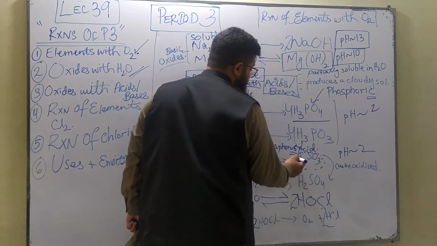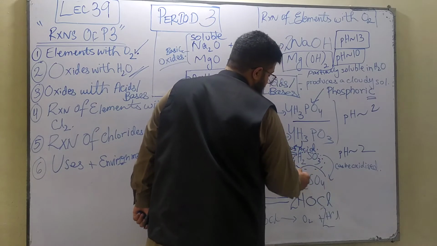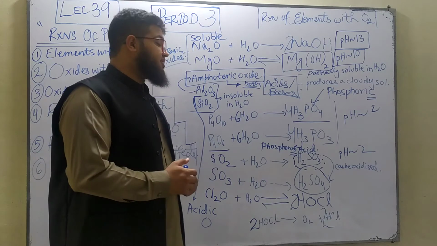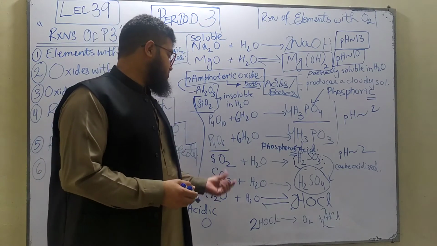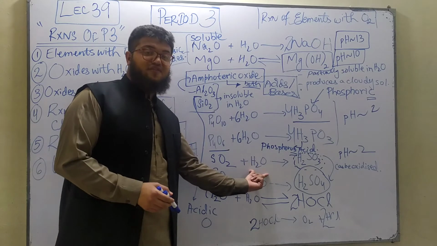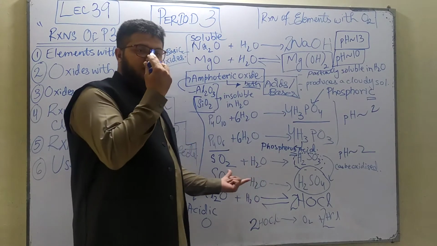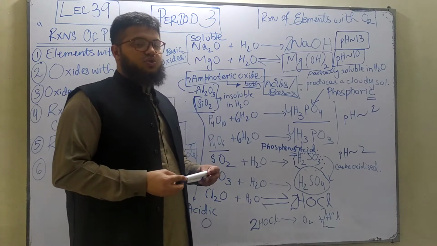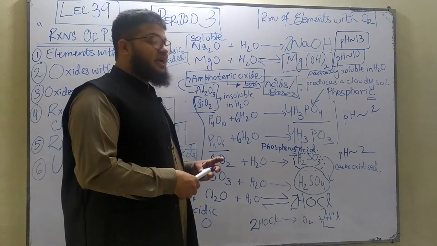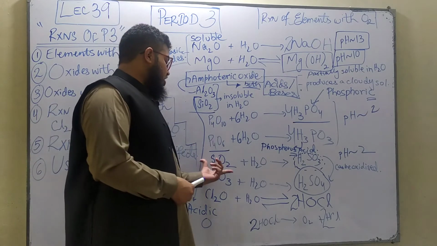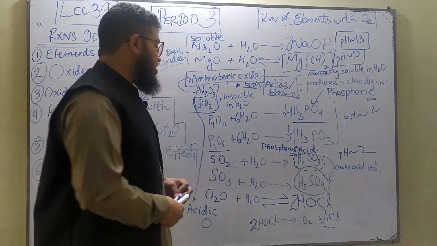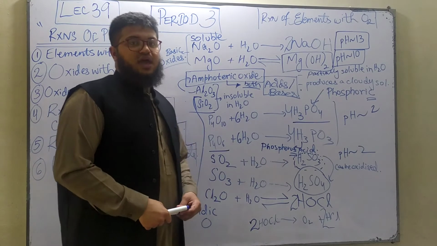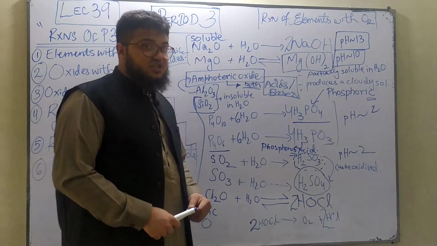The sulfurous acid which is produced can be further oxidized to sulfuric acid as well. This is quite a common reaction that occurs in the atmosphere. The sulfurous acid is produced when sulfur dioxide dissolves in rainwater, because I told you in the previous lecture that sulfur dioxide is continuously being emitted by the factories which burn fossil fuels like coal, which contains sulfur. When the sulfur dioxide dissolves in the cloud water, in the rainwater, it produces sulfurous acid, and this sulfurous acid in the presence of atmospheric oxygen can be oxidized